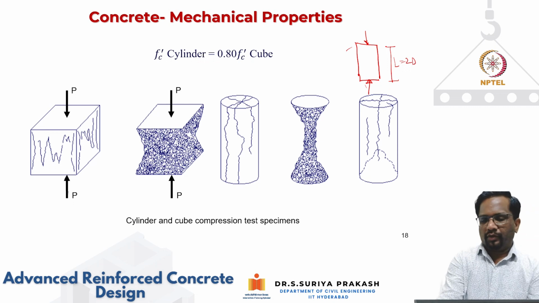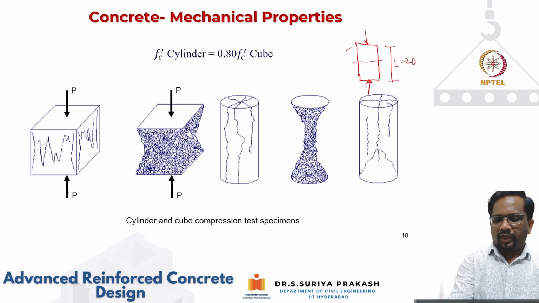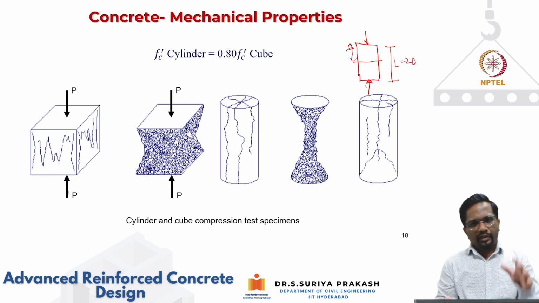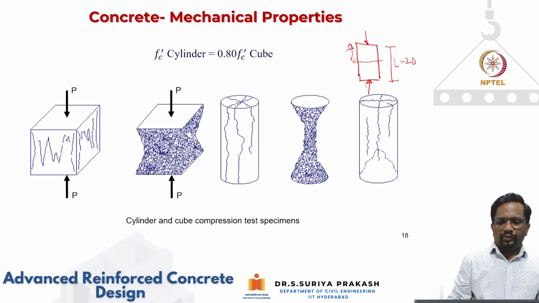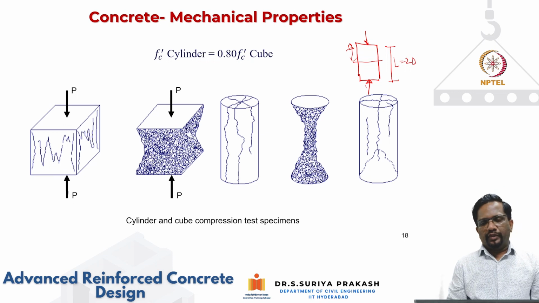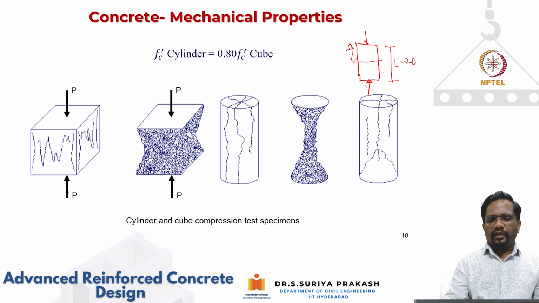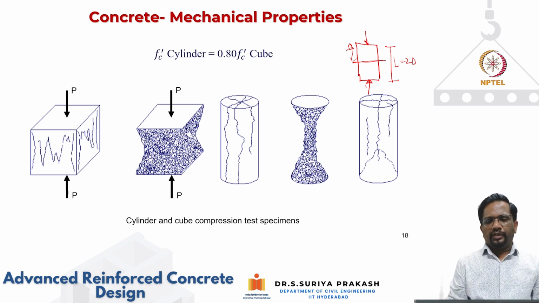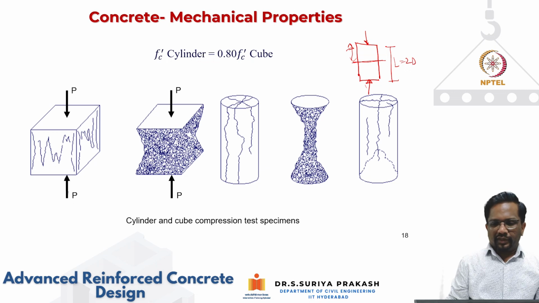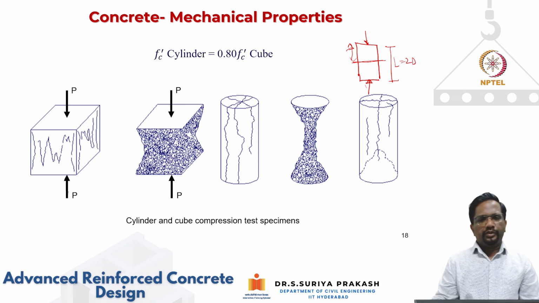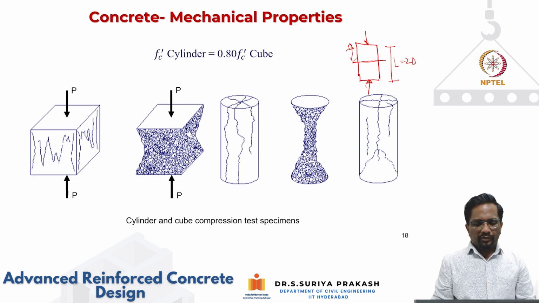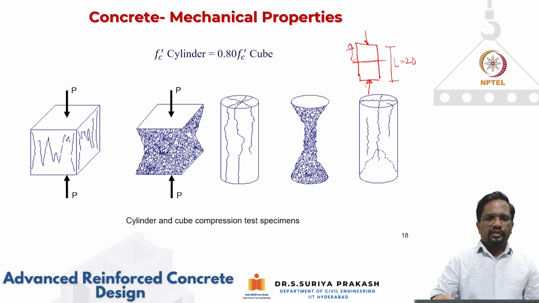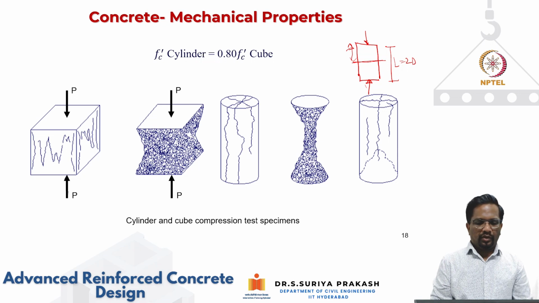So you know that Saint Venant effect. To get the actual uniform distribution, at least we need to move away by the least lateral dimension. So if I am testing a cylinder with an aspect ratio of 2, and if I go away by a distance of d, then you get at least one cross section which is having constant normal stress, which is free from boundary condition effects. So that is the reason it's better to test specimens of aspect ratio 2 to get normal uniform stress distribution, which will lead to actual